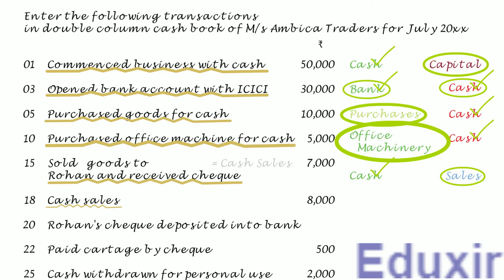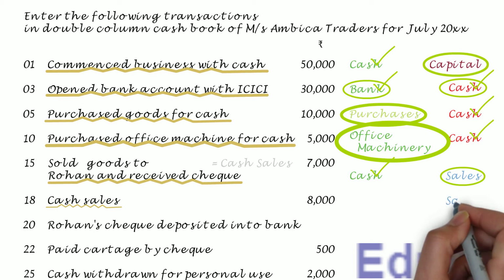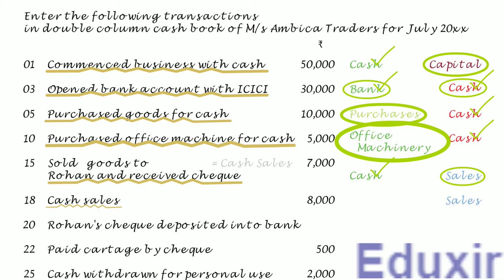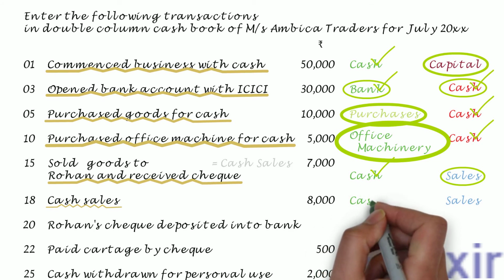As in this transaction, the sale is taking place, the revenue of the business will be increasing. The rule to record any increase in the revenue is to credit the corresponding revenues account. In this case, the sales account should be credited. At the same time, as the sale is done in cash, the cash asset of the business will be increasing. The rule to record any increase in the asset is to debit the corresponding assets account. In this case, the cash account should be debited.